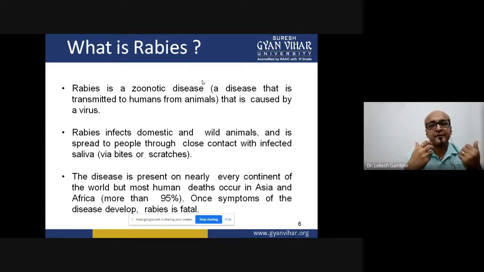And what are the routes of infection? See, with a dog bite, the teeth penetrate, crossing the mucosal membrane and penetrating inside the muscle, so the saliva is entering directly into the muscle. One can also get infected by inhalation of aerosolized rabies virus, where the virus is present in aerosols in the bat caves. If there is an infected bat there, the aerosols might contain rabies virus, which you will be inhaling, and it might lead to infection.